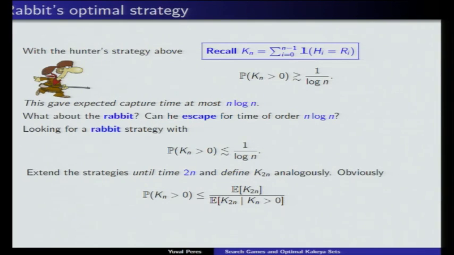So the issue is, in order to decrease the probability of collision, he wants to maximize the number of collisions. So this is kind of the revenge of the rabbit. If he's captured, he wants to collide many times with the hunter in order to minimize the overall capture probability. One way to think about it is that you have a collection of all possible paths, and the rabbit doesn't mind if he collides once with the hunter. He doesn't mind if, when we artificially extend the path, there are many collisions after. And he wants to concentrate all the collisions in as few paths as possible. So the goal is really to maximize this expected number of collisions, given that there is one in the first n steps.